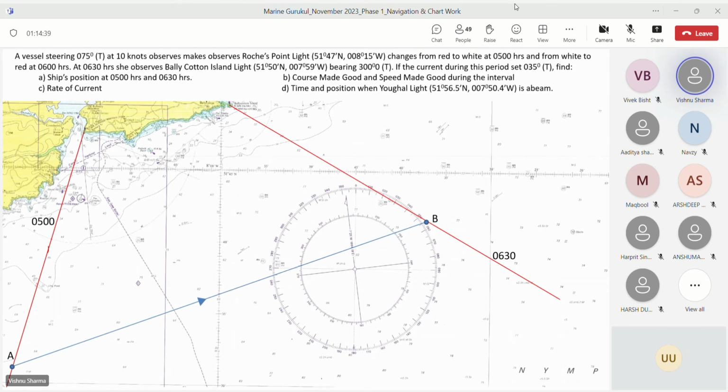Then see the duration interval between first and second PL, which is 1 hour in our question. Find the engine distance to be covered in that duration, which is 10 miles in our case. From A, cut off 10 miles on the CTS and mark that as C. Likewise, find the engine distance corresponding to the interval between second and third PL, which is 5 miles in our case. Cut off from B 5 miles, mark that as D. I hope up to D everybody is aligned with me, or any questions? Clear, sir.